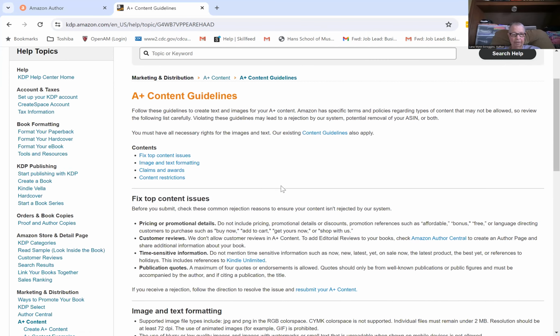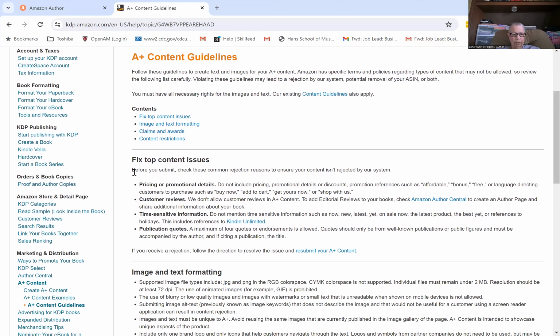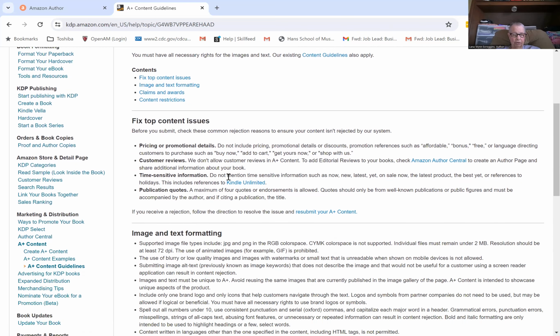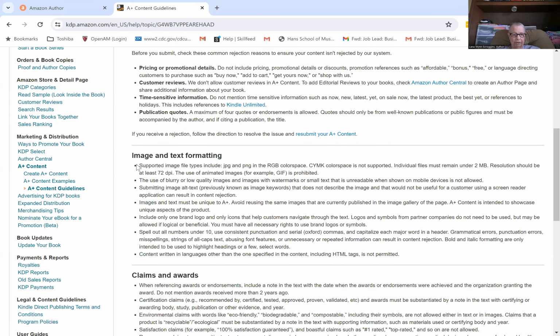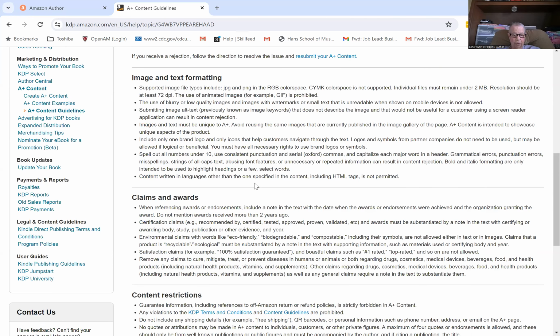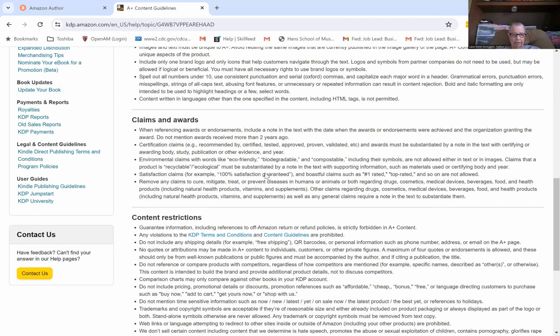And just like in all of the other things that Amazon does, they are very specific on their guidelines. You want to make sure that before you submit, you go down through, and this would be a great place to come and read these guidelines for the image and text formatting, the claims and awards, and the content restrictions,